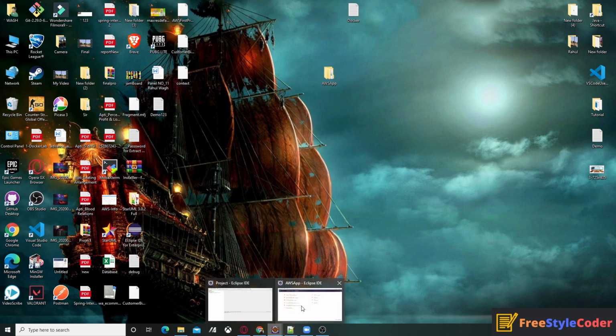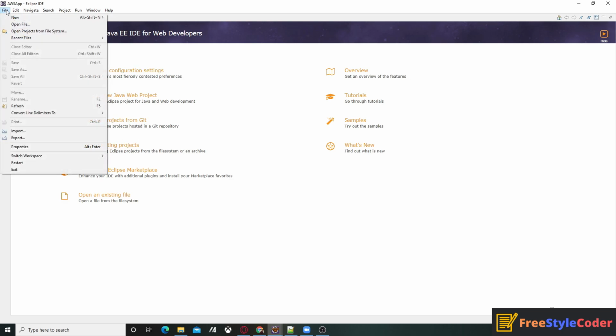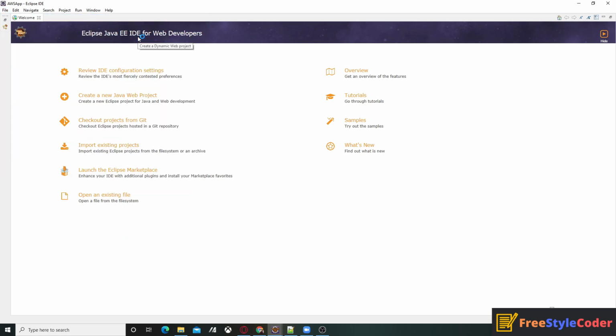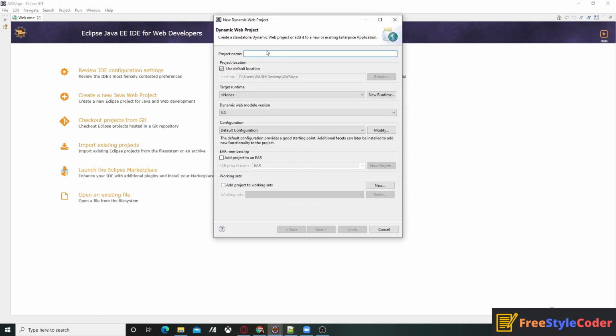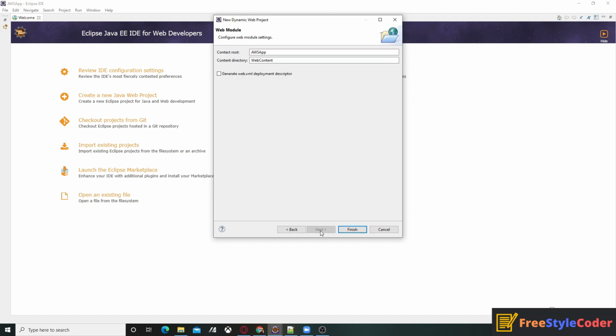Then open your Eclipse IDE. Then click on the file, new. You have to select dynamic web project. Then give the name, click on the next button, then again click on the next. You have to generate the web.xml file, so click on that and click on the finish button.